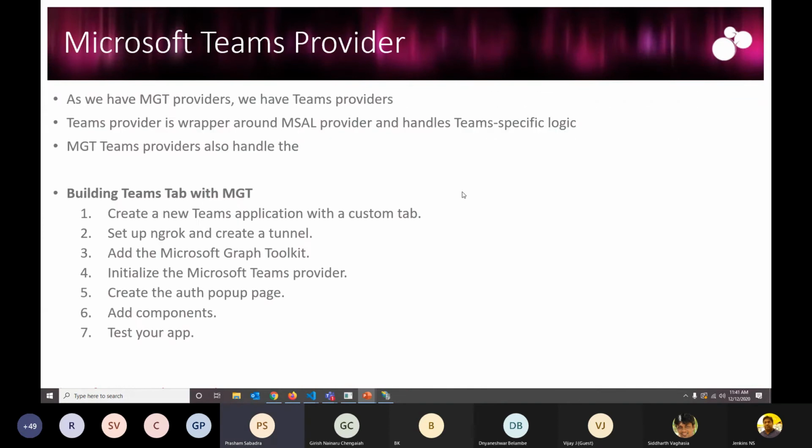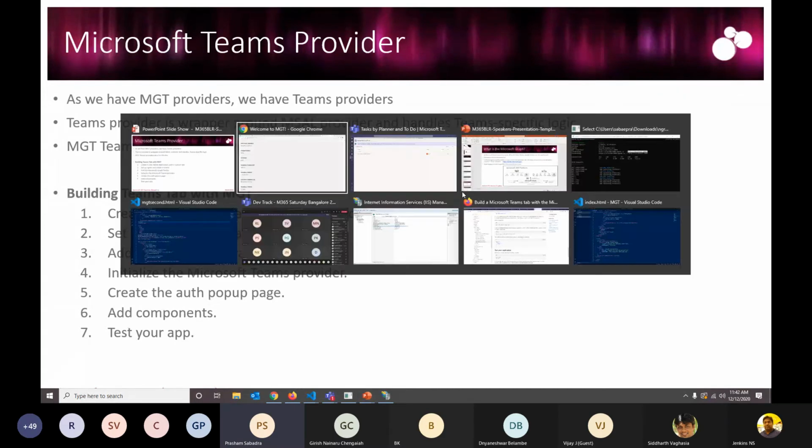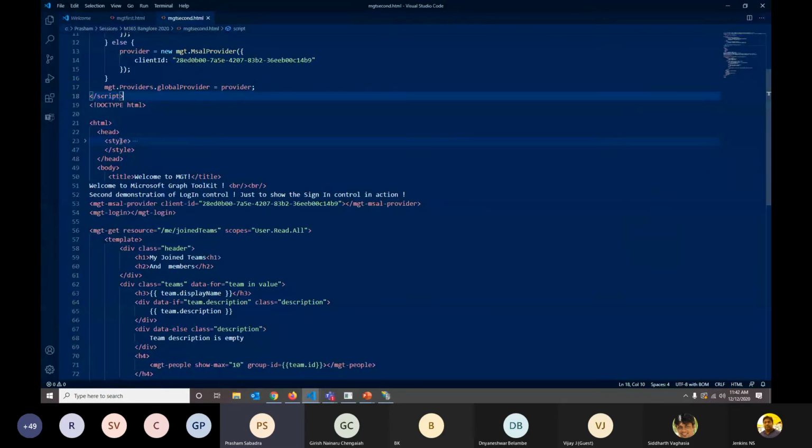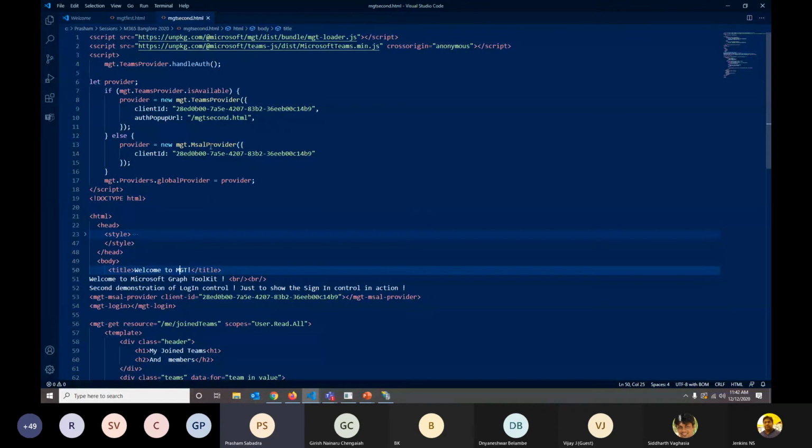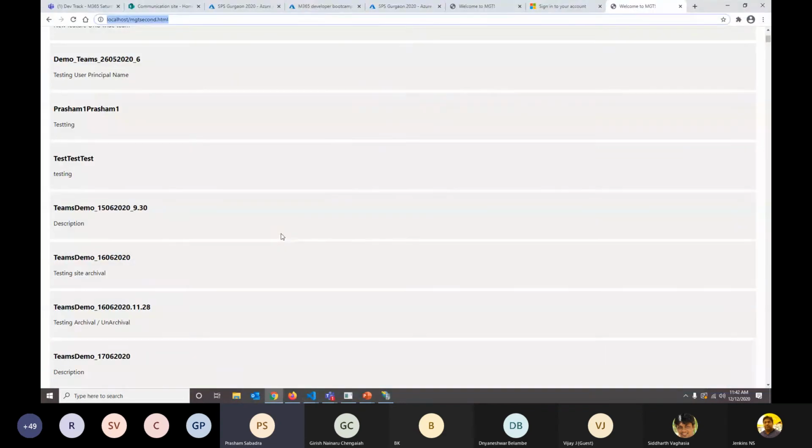As we saw, there were the Microsoft Graph Toolkit providers, and there is a Teams provider as well. Now I'm going back to the code. In the Teams provider, we need to use this MGT Teams provider. Now, what is the Teams provider? As we saw on my web page, the MSAL provider takes care of everything: creating the access token, the authentication mechanism, and enabling access to the Graph API and permissions.